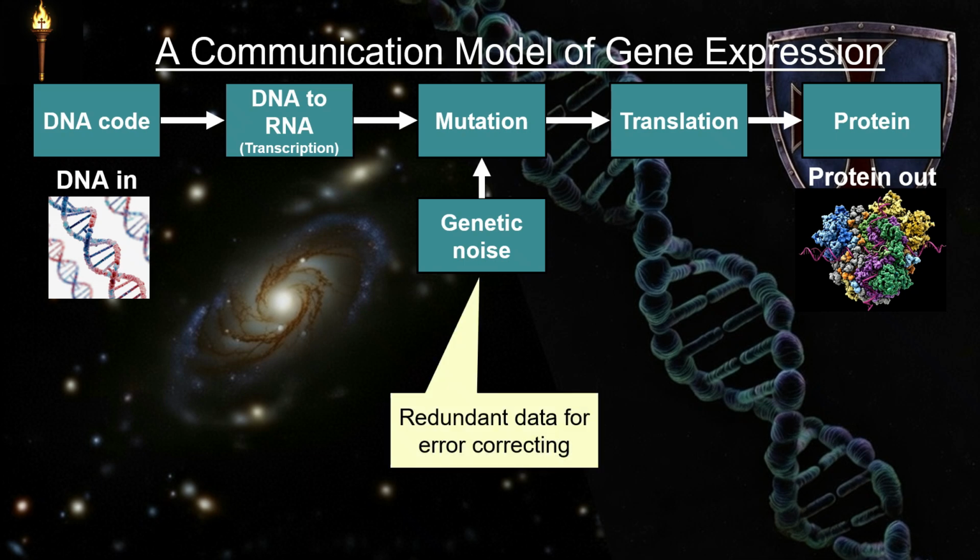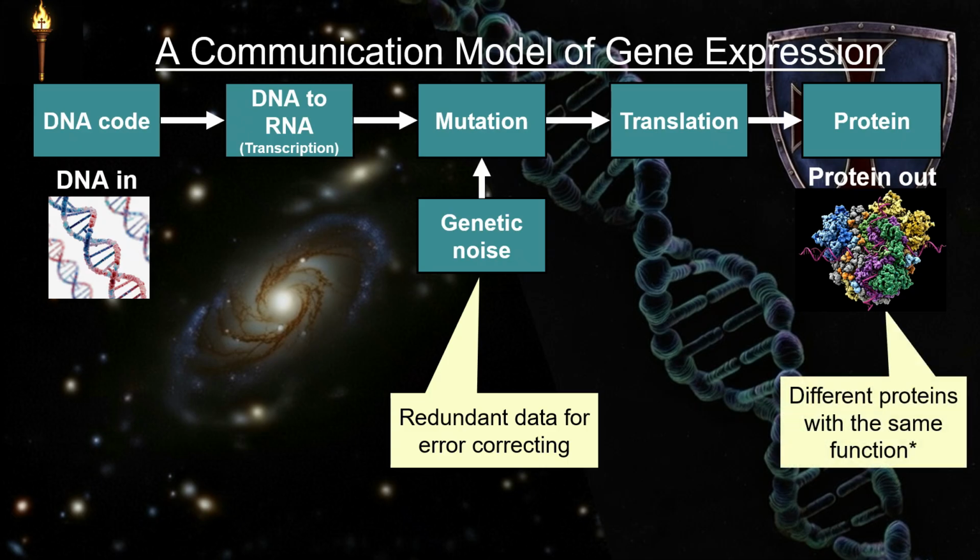What we need to understand is how much information is needed for the protein. We know there's redundant data for error correcting, so we can subtract that. But we also want to note that different proteins can have the same function. What we mean by that is, even if there is noise in the channel, and that noise is so high